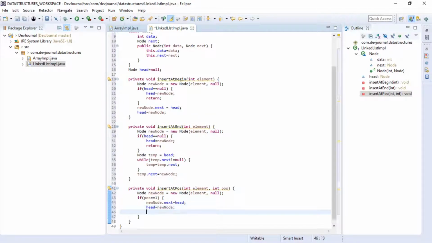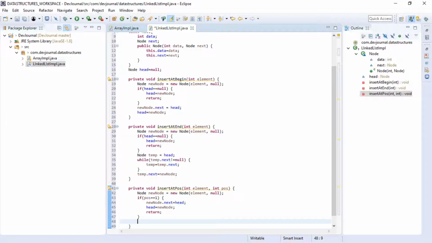Done, and we will simply return from this method. Okay, so if this is the case when position is 1, now if position is not 1, then for example,